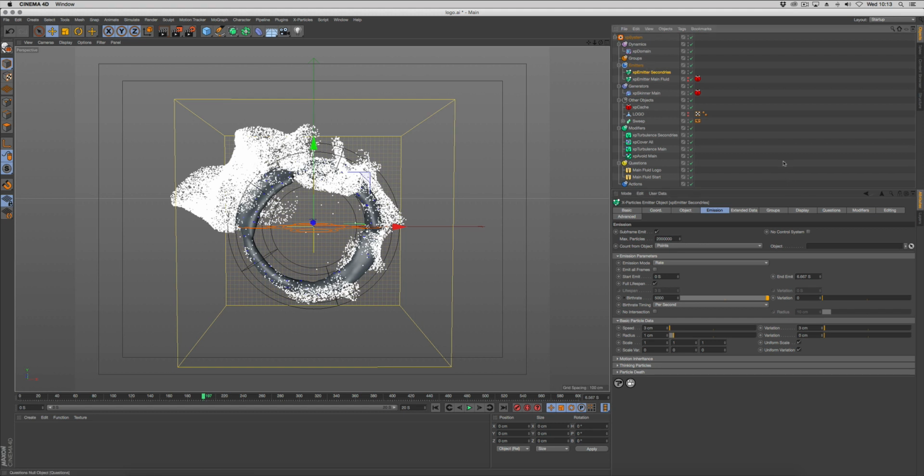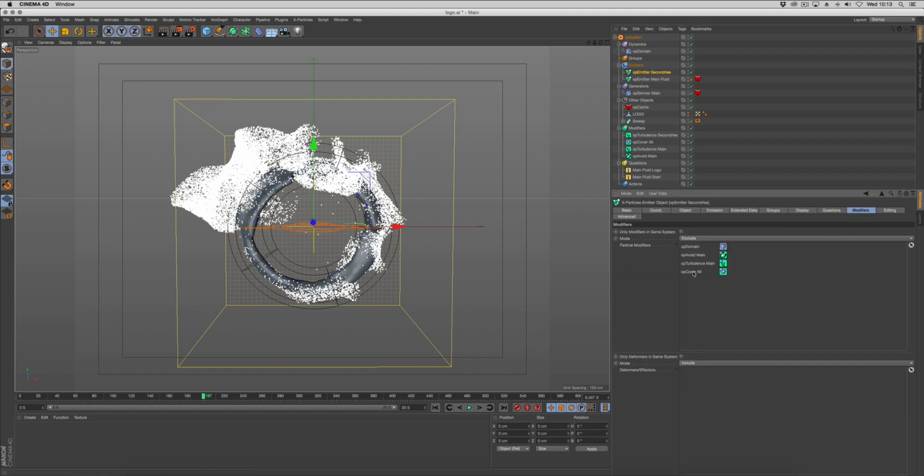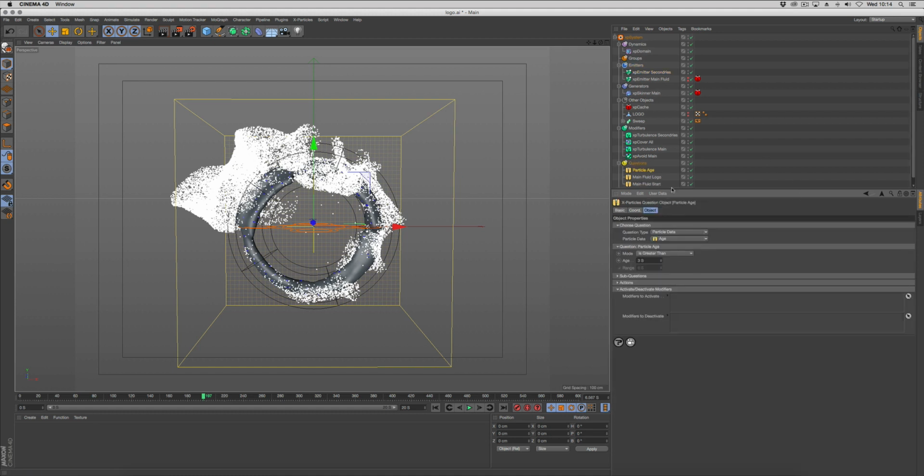So let's go back into our modifiers and bring this one out, so just delete it from the list. But we'll need to trigger that with a question as we have previously. So questions, add a question, and we're going to have to use 2 questions. So again, we'll call this S1. So Secondaries 1, and from 0 seconds we want to have the cover target deactivated, our turbulence activated,